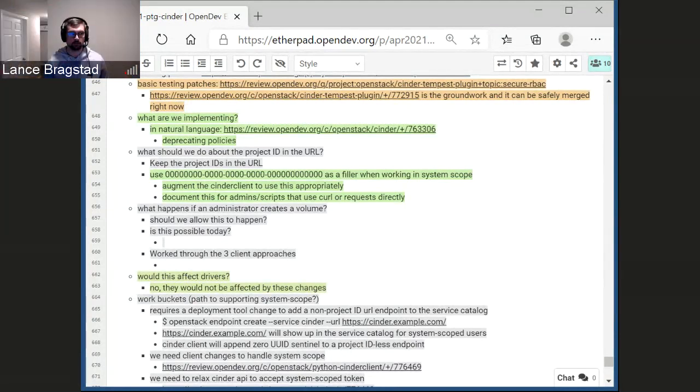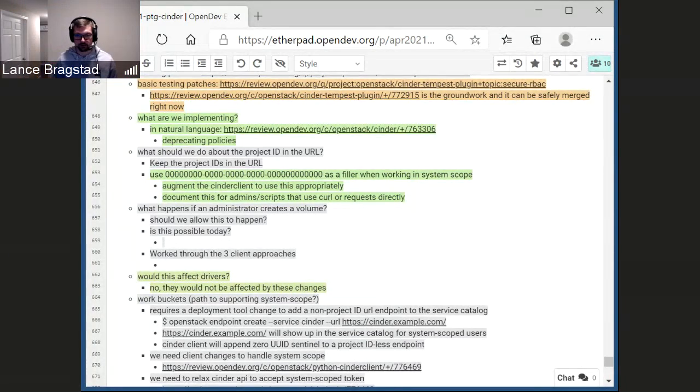So if Brian is a project member and his catalog has 4 endpoints for Cinder, and one of them is the project ID-less endpoint, and if his client picks that endpoint first, it'll fail for the same reason, because it'll assume that the project ID is on that URL, but it's actually not, and so it'll 404 from Cinder.